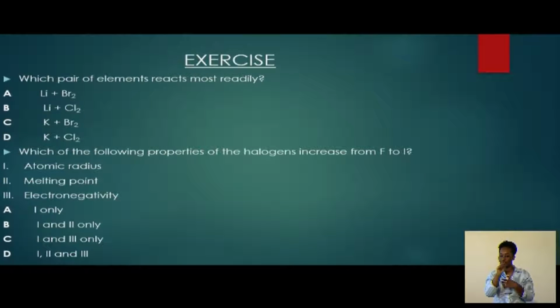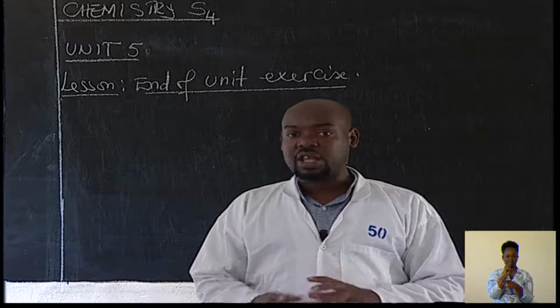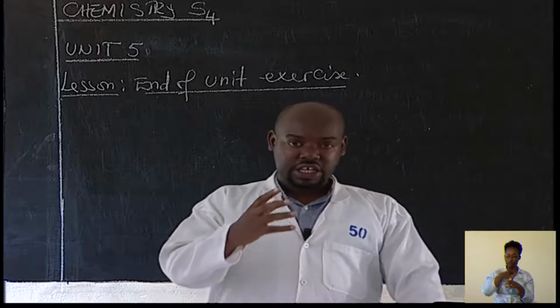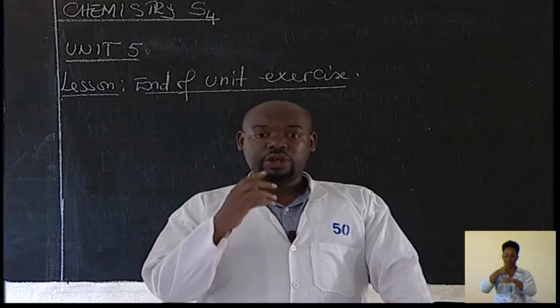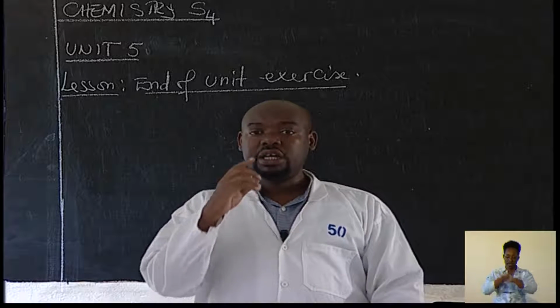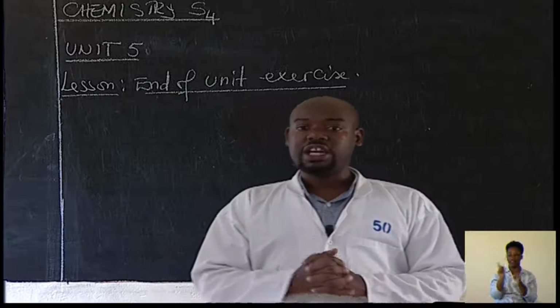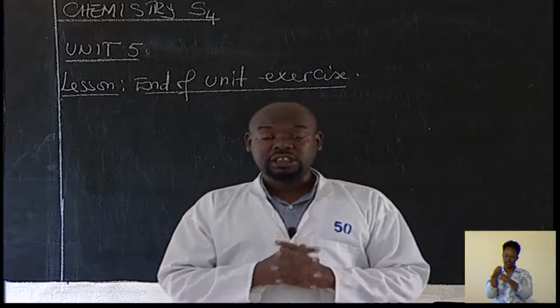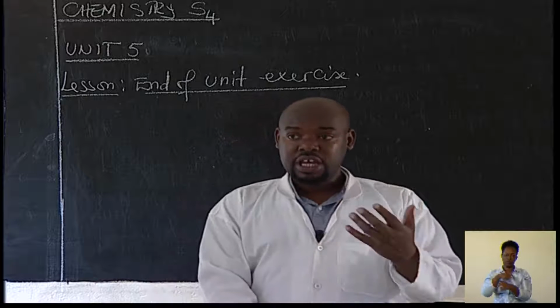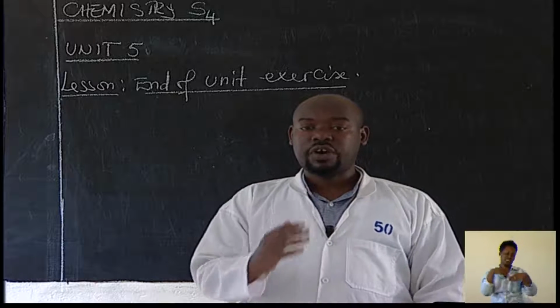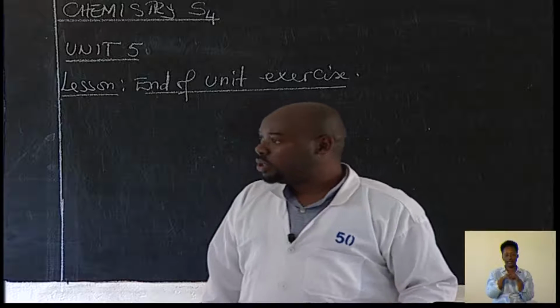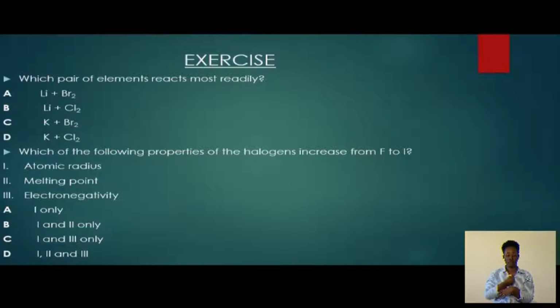So I hope you're done. Now let us analyze the question. When studying the reactivity of elements, we should always remember that metals react by losing and non-metals react by gaining. So we have to analyze how the gaining ability or the losing ability varies in a given group. Why? Because here we have 2 metals which are in the same group and 2 non-metals which are